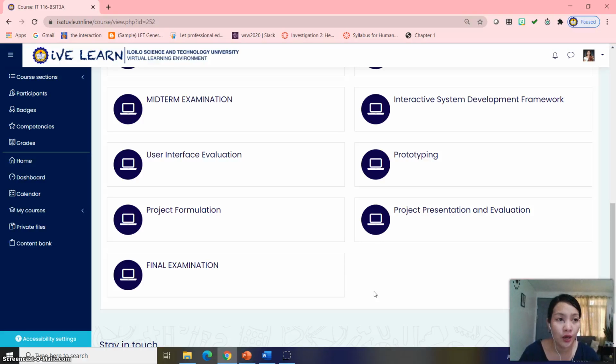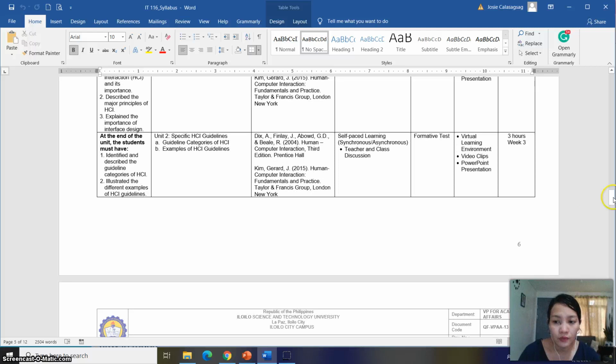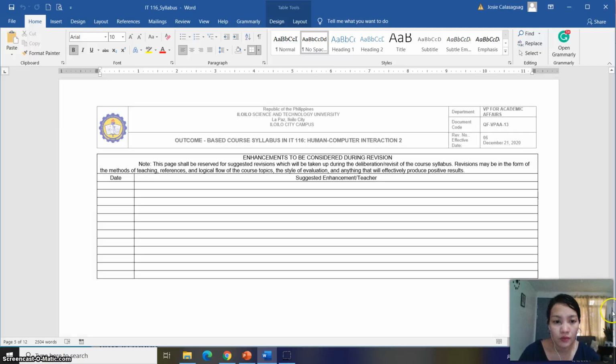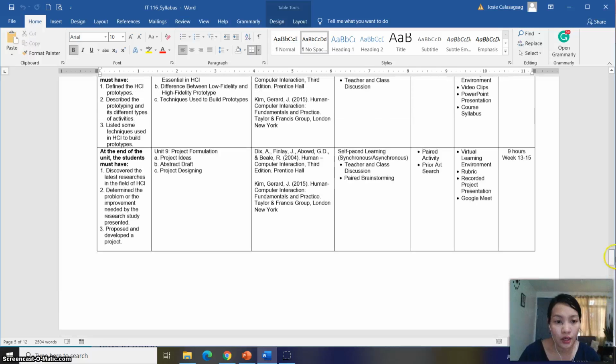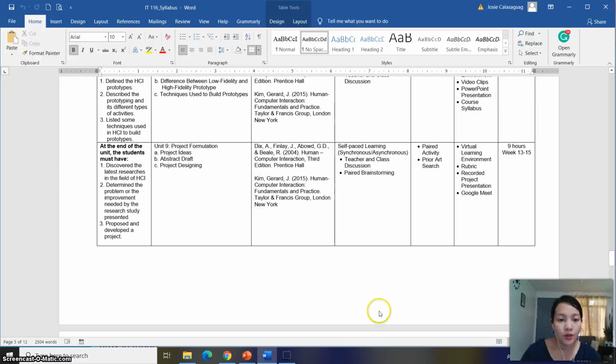You can also utilize this class in your thesis later on. So as you can see clear here, class, in project formulation, of course, you're going to learn the project ideas, the abstract draft, of course, the project designing. And then